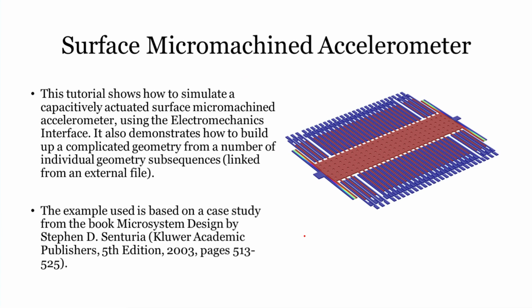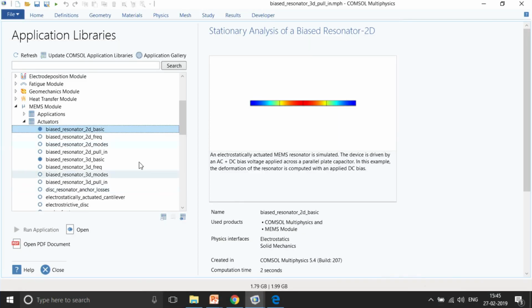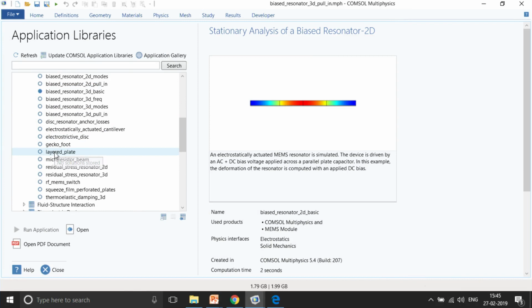There are many games which use accelerometer devices, and they are used in cars, in vehicles, in aircraft. Accelerometers have been used a lot, and now they are also moving from accelerometers to Sagnac interferometers, which actually work on the basis of optics, but in this case it's a purely electromechanical approach. So let me just go ahead and open this particular model. I have this model over here somewhere.